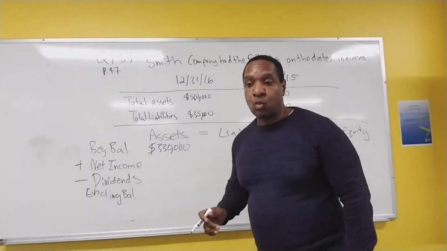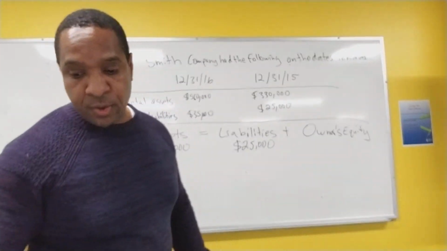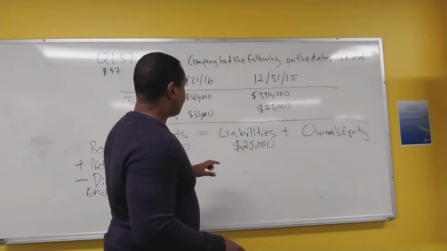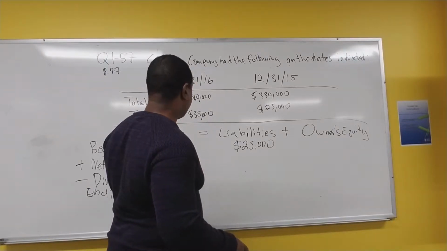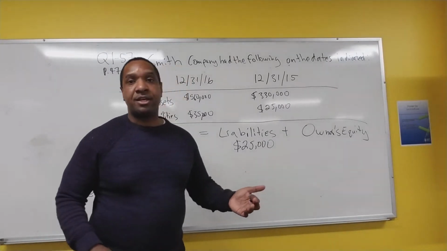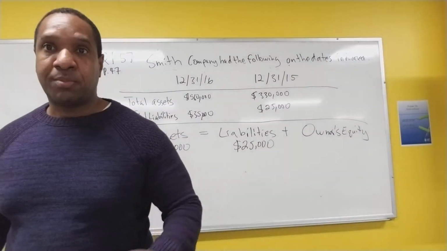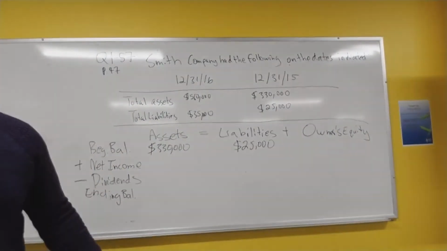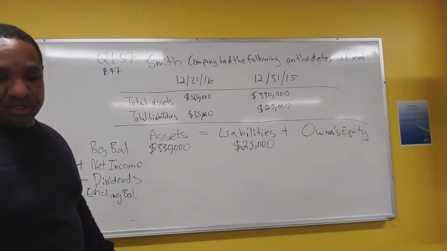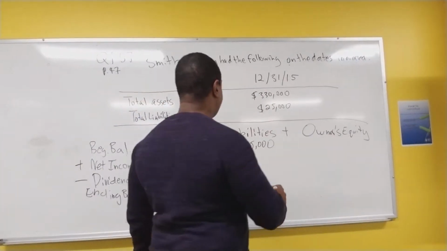Now, what else do we know? So we know that in order to get $330,000, we would have to add $25,000 plus the owner's equity, and that looks to be about 100